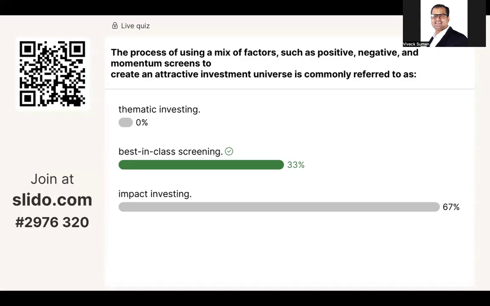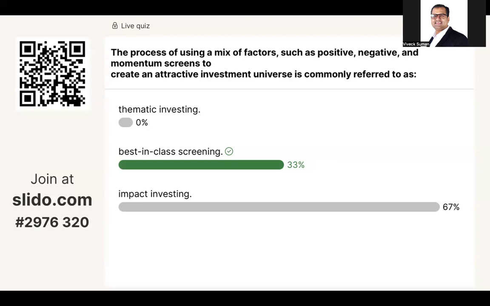Clear? For example, you want to positively impact society. So you will search with a positive filter for who is doing good society work. You'll find Tata, you'll find Reliance, you'll find several companies which are doing a lot of things for society, building temples, schools, etc. So you will use positive screening for that impact investing.